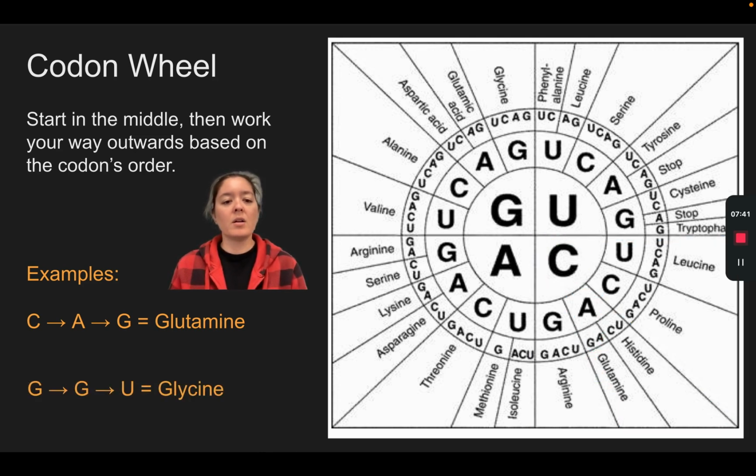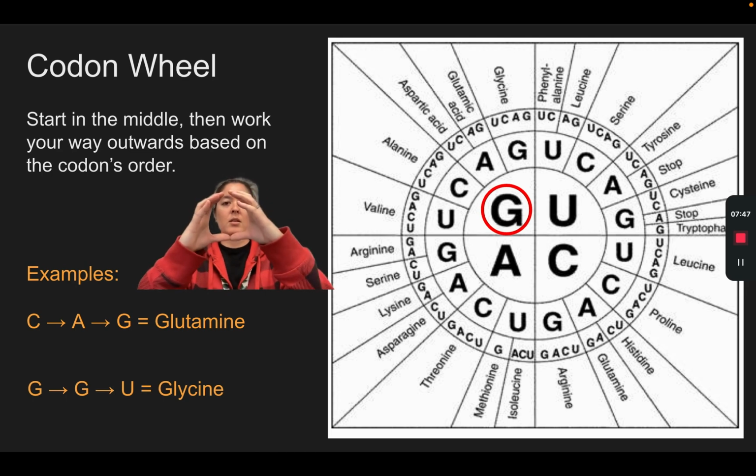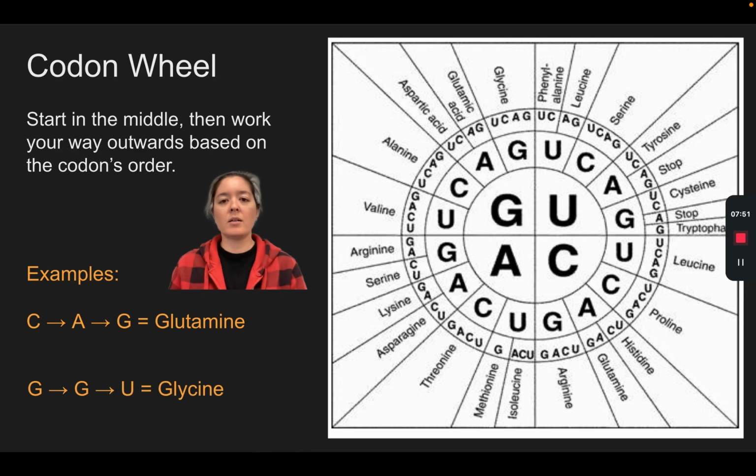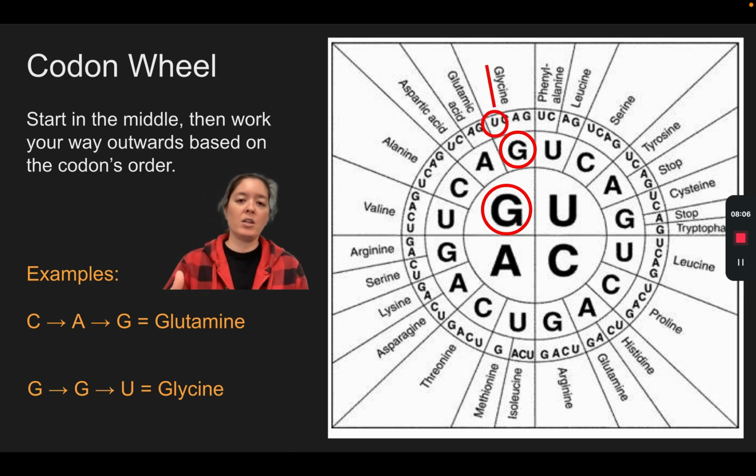One more example, GGU. We're going to start in the middle with that big G. Then we know it's in that top left quadrant. We continue on. Now we know it's going to be a second G. We don't really need the third letter for this because all 4 of those third letters code for the same amino acid of glycine, but just for the sake of going through the motions, we find the U, and that tells us our amino acid of glycine, or